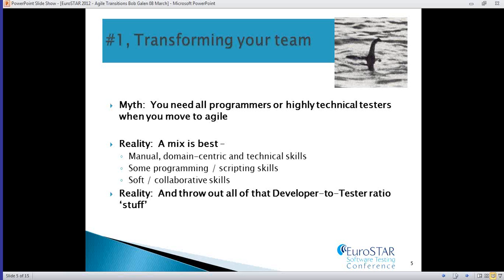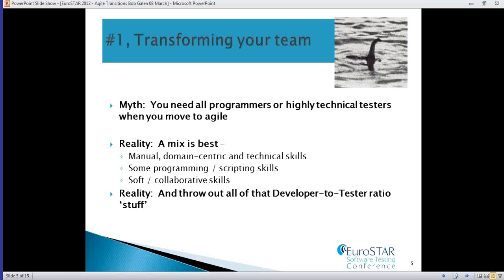I think another missed and important skill is soft or collaborative skills in the teams. In my experience, some programmers and some testers don't play well with others. And I'm not just picking on the testers. It's team members that don't play well with others. I don't know if they do very well in Agile teams at all. It's a collaborative, team sport. You have to be thick-skinned. You have to be able to give feedback and take feedback and do it healthily and do it well.